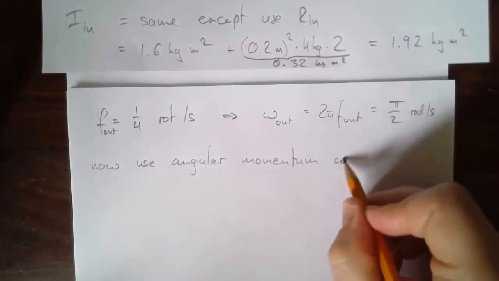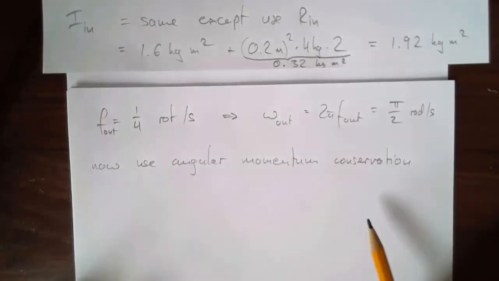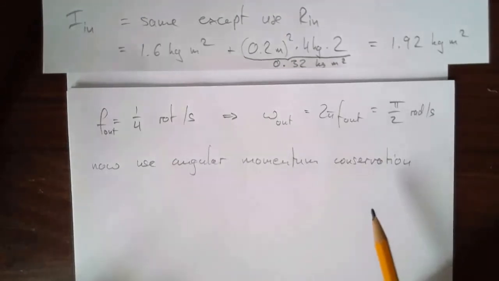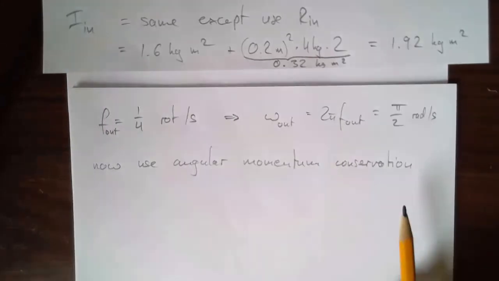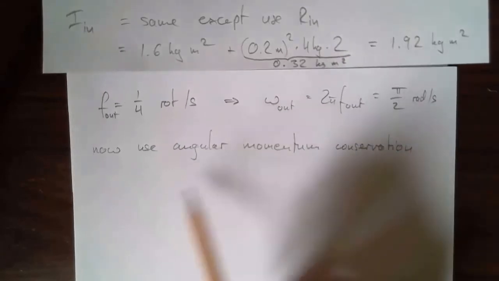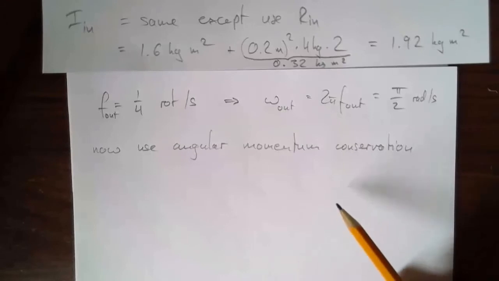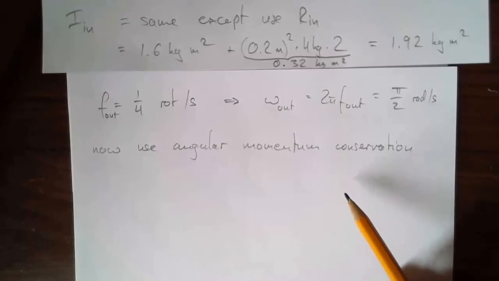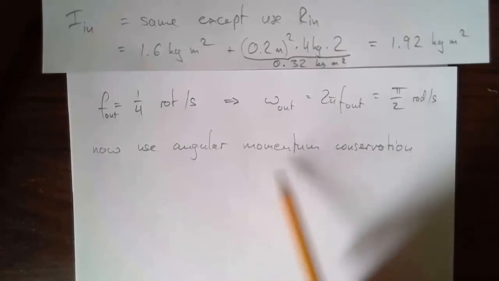Angular momentum conservation. Right, there's no torque. There are internal torques if you analyze it as a composite system of the masses and me reacting forces on each other, but there's no external torque on the system as a whole, so therefore its angular momentum is conserved. Again, that logic is analogous to when you analyze a system in terms of normal momentum conservation. If you include all the objects that are included in any of the relevant interactions, there's no external force, then total momentum is going to be conserved.